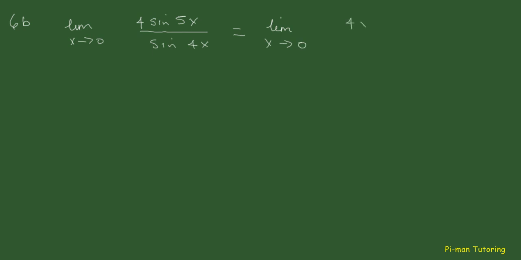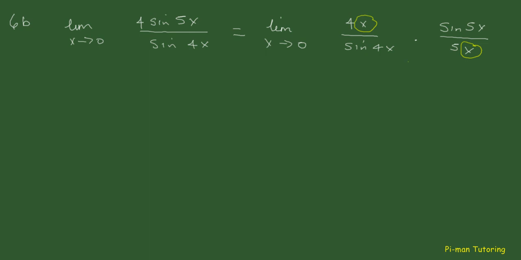We want 4x over sine 4x, and we want sine 5x over 5x. Now to get there, we've multiplied the top by x to give us 4x here, but we also multiplied the denominator by x over here, so those two cancel out, so that's perfectly okay. What we've done there, we haven't changed the value of the function,